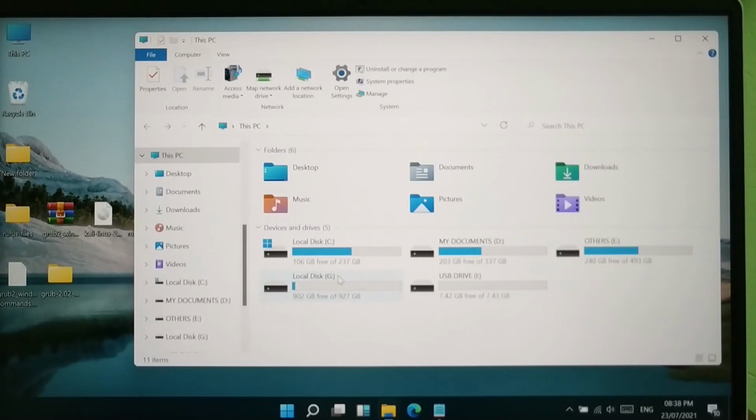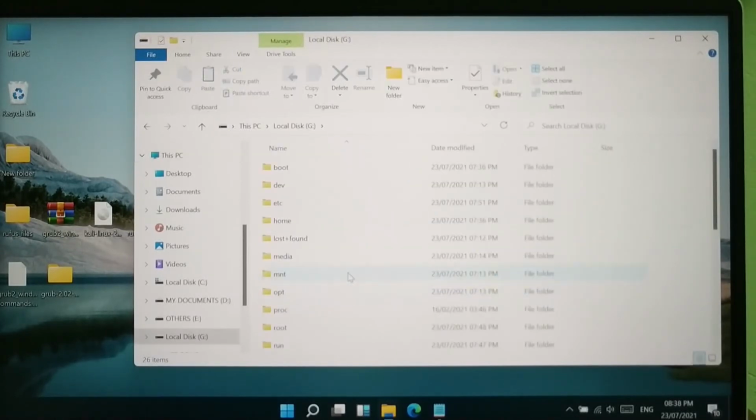So we go into this disk. Please note that this will work for any Linux operating system. I mean anyone. It might be Linux Mint, Ubuntu, Kali Linux or any other Linux operating system. These three I know only. Many other operating systems of Linux are there. So it will work for every one of them.